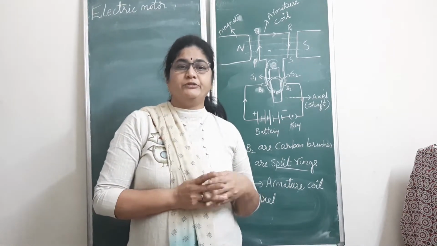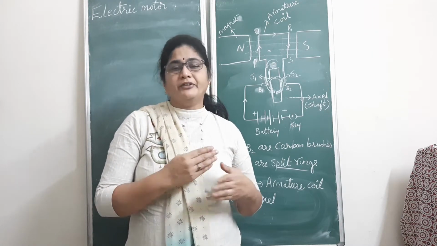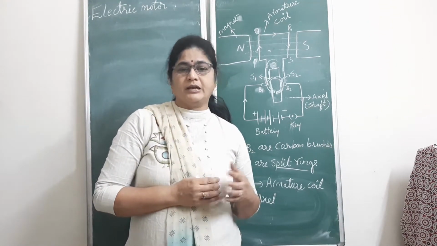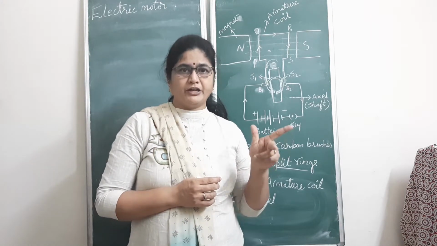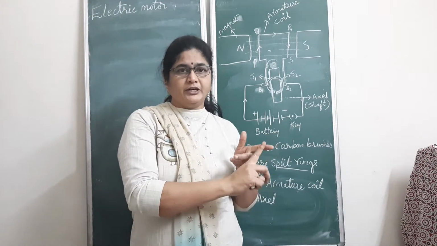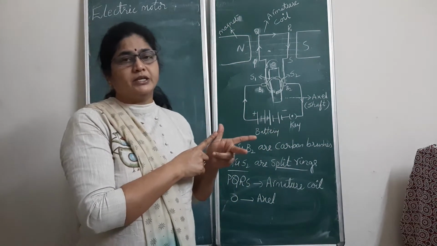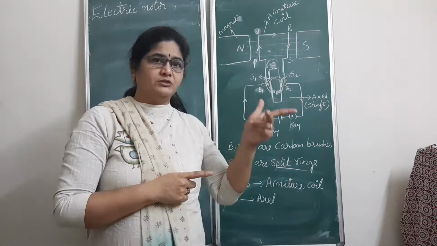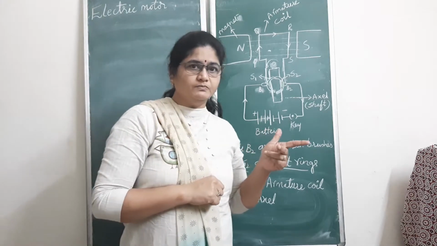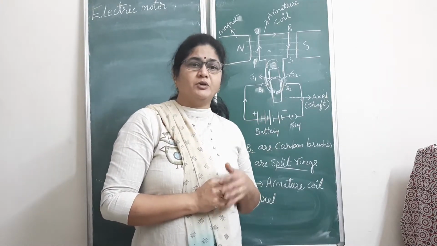To understand in which direction this force is acting and on what factors this force depends, all these things we can clearly calculate with the help of the Fleming's left hand rule, where we have three fingers of the left hand, where the forefinger indicates the magnetic field and the middle finger indicates the electric field and the thumb indicates the force on a current carrying conductor. So with the help of this rule, we have clearly identified the direction of force which is acting on a current carrying conductor. And also we discussed about the magnitude of force.